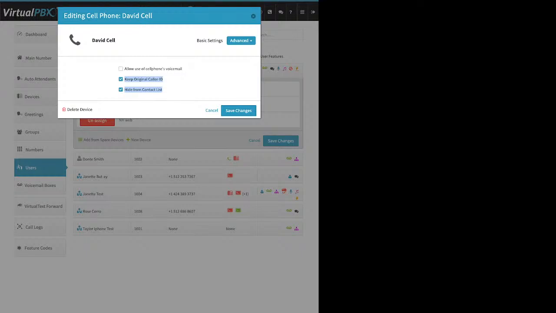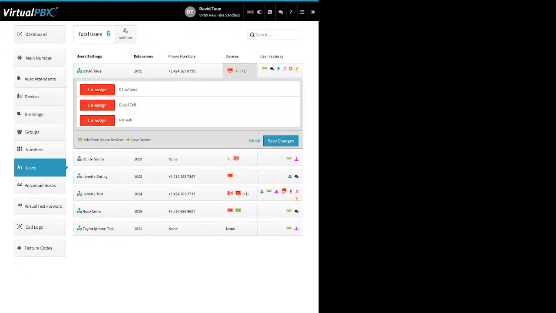Now, what could also happen is you could choose to contract out with an automated answering service, right? So they give you a phone number, say, hey, just send calls to this phone number, we'll handle your calls. Well, on your Dash account, you would come here, add that number as a device, probably on a user, but you could just add it as a device on its own. But what you would want to do for an automated answering service is where it says allow use of cell phone to voicemail, you want to put a check mark here and then click on save changes and save changes